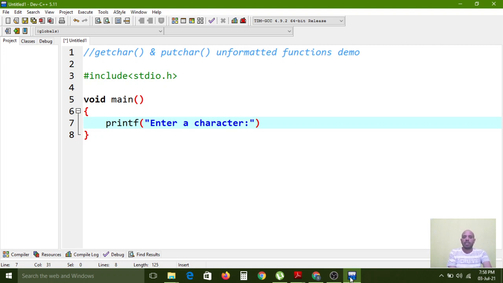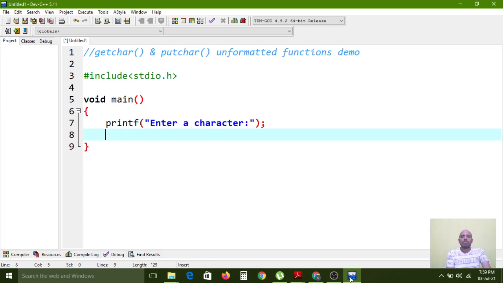When the user reads this line on the console, the user wants to give one input. The user wants to enter one character as input. So how will it collect the input? By using the unformatted function. You need to call the getChar function.